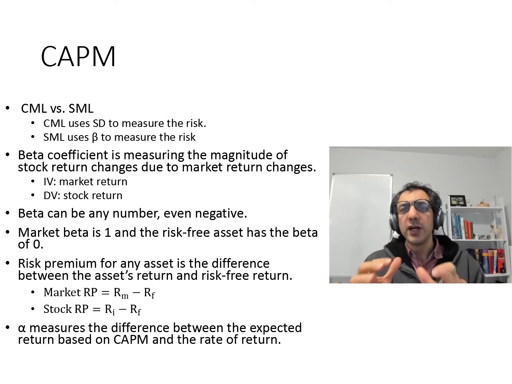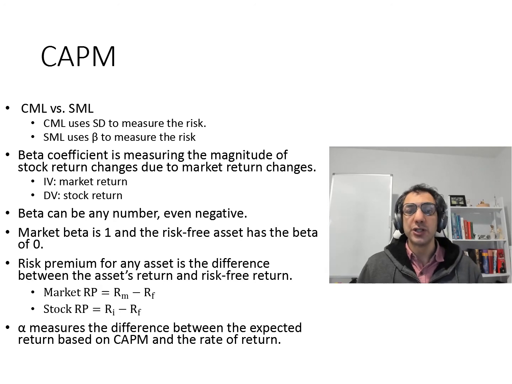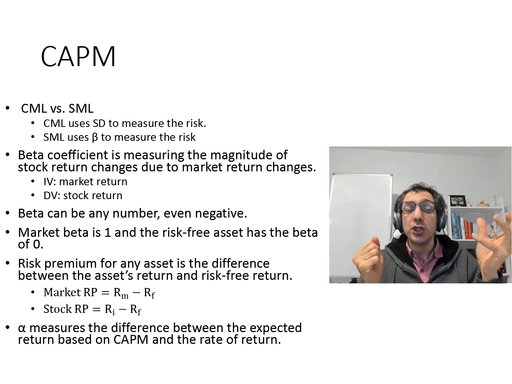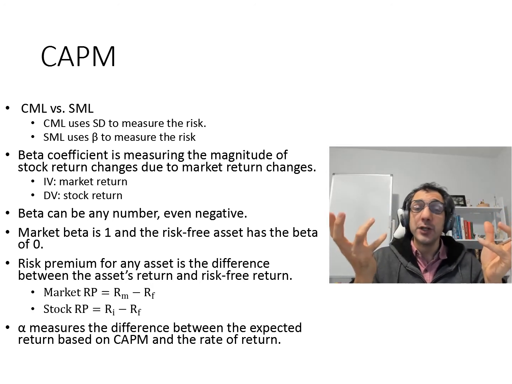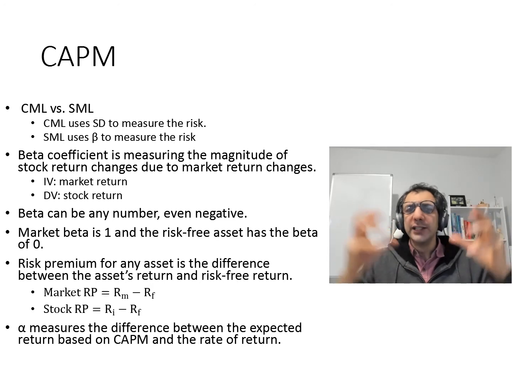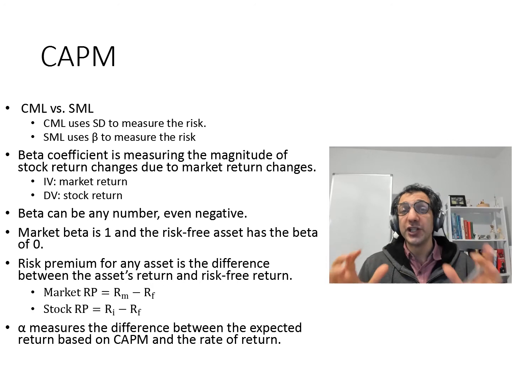So we focus on beta later and we mentioned that it actually measures the magnitude of the stock return changes due to the market return changes. So you have two variables here, independent variable, which is your market return, and dependent variable, which is your asset or stock return. And you want to see how well these two variables are moving together. When you're talking about the beta of 1, it means your asset is moving in the same direction, same magnitude